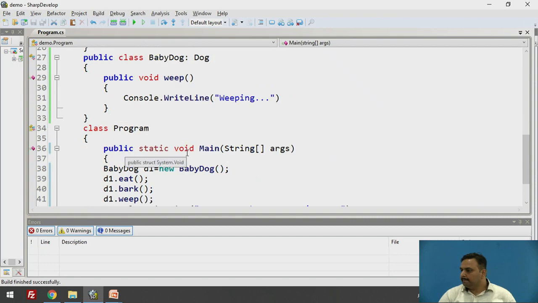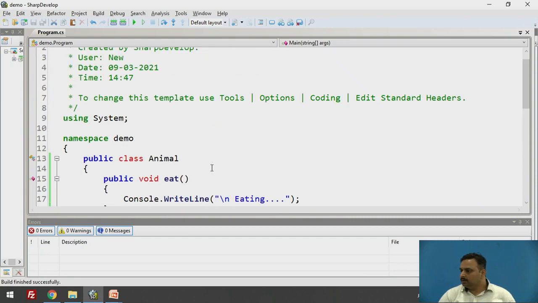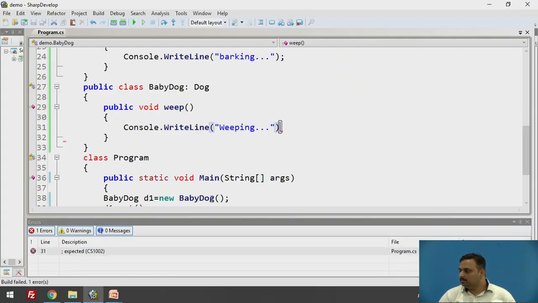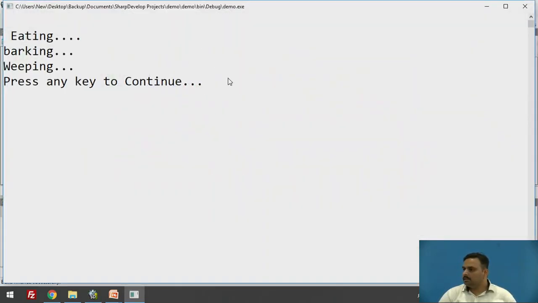I think all the code is correct. Let's check it by executing this one. Something is missing here, I think it should be a semicolon. Yes, you can see on the screen that all the three methods are displayed here.